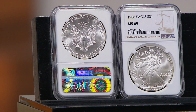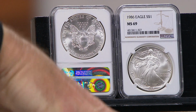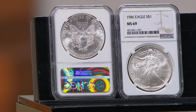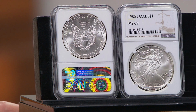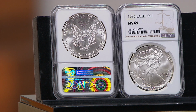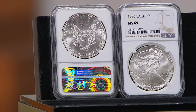So in coins, it's not like I'm waiting for more to get made. When we do this, this is a deal-based opportunity. I bought one deal of these coins. So once these sell, you're not going to see these next week, or even the week after that. If I restock, it's likely to be more money, because this is the lowest price that I've done on this first year of issue American Silver Eagle. So you've got 30 seconds, I would say. Well, here's the thing. I know that it's saying that we have 200 remaining, but we have almost